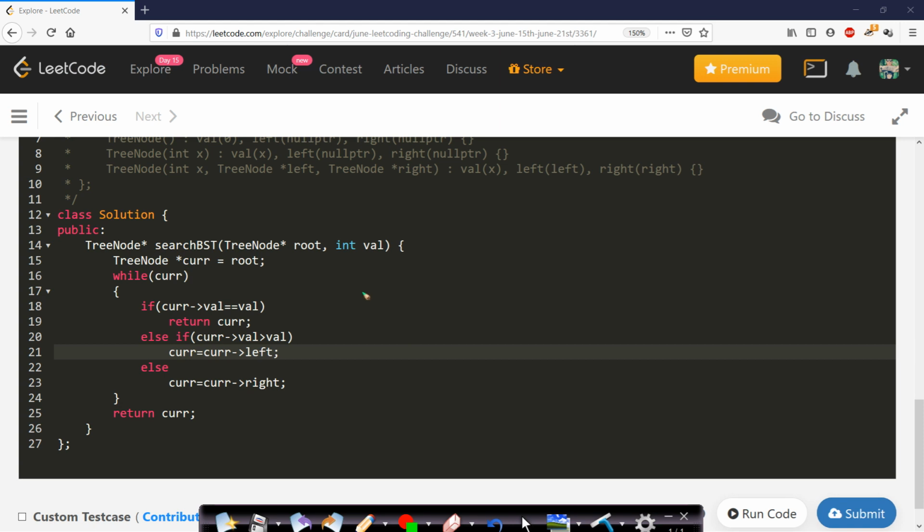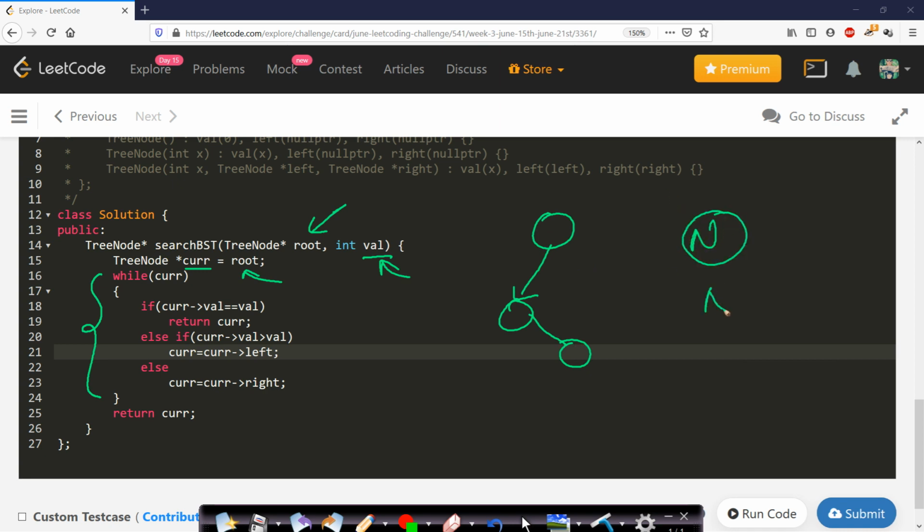Let us now look at the code. So in this code we are given the root of the tree and also the value to be searched. Now I will take a current pointer pointing to the root node and simply apply a loop which will search for this given key, and we will be traversing one node per level. Okay, so if the number of levels equals n in a skewed tree, then the time complexity will be order of n. Otherwise, if it is well balanced, then it will be log n.